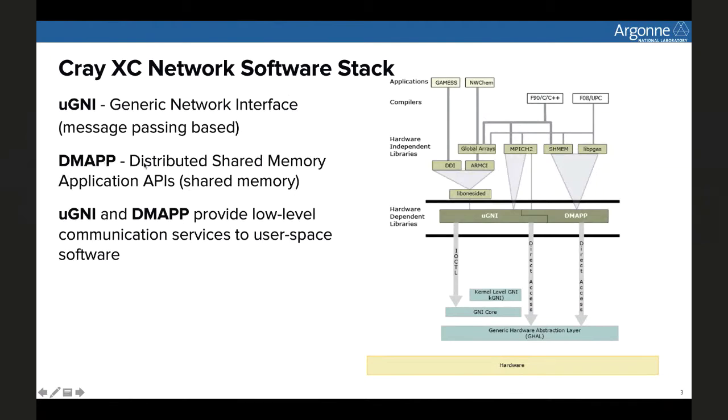And DMAPP, the distributed shared memory application APIs, is primarily used for SHMEM based or PGAS kind of programming models. So these two, uGNI and DMAPP, are the low level communication services that are exposed to the user space software for interfacing with the networking hardware.